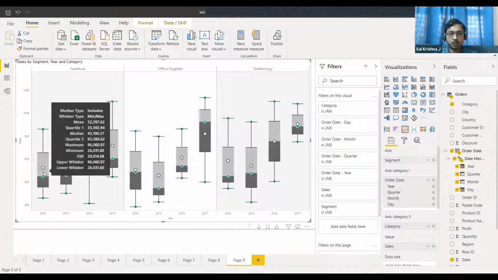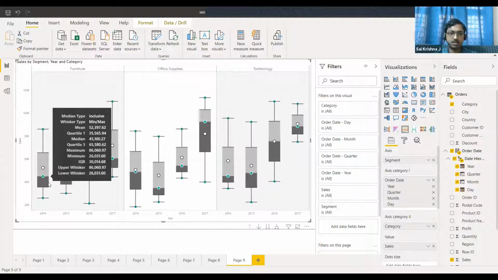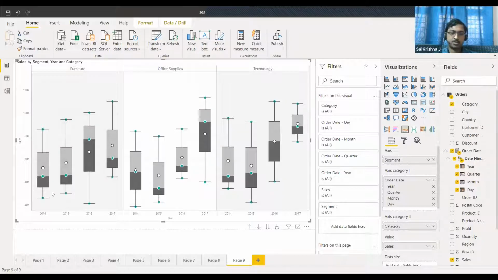I will also talk about one more application where I have used this in the past. A few years back, I was working for the aerospace industry, where you might be familiar that any aircraft engine has hundreds of parts. In engineering, we always have a measure called reliability, or how often a particular part fails. Now this box whisker plot can be used to detect outliers in the data. So we plotted the metric called mean time between failure for each engine part as a box whisker plot. Each dot in that plot would represent one particular part in the engine.